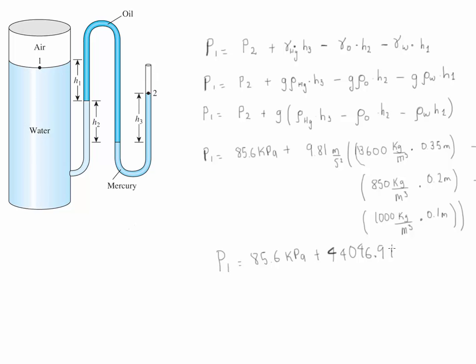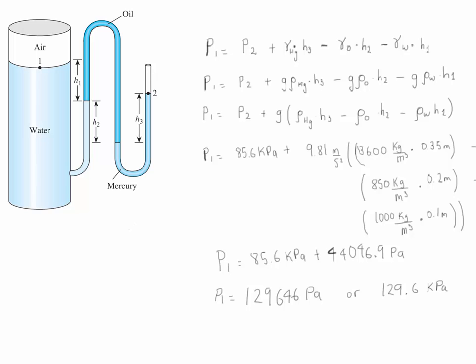44,046.9 pascals. Notice that for us to be able to add these two terms, both of them have to be in the same unit. So either you multiply this by 1,000 to make it into pascals, or you divide this by 1,000 to make it into kilopascals. At the end, your answer is going to be P1 either 129,646 pascals, or 129.6